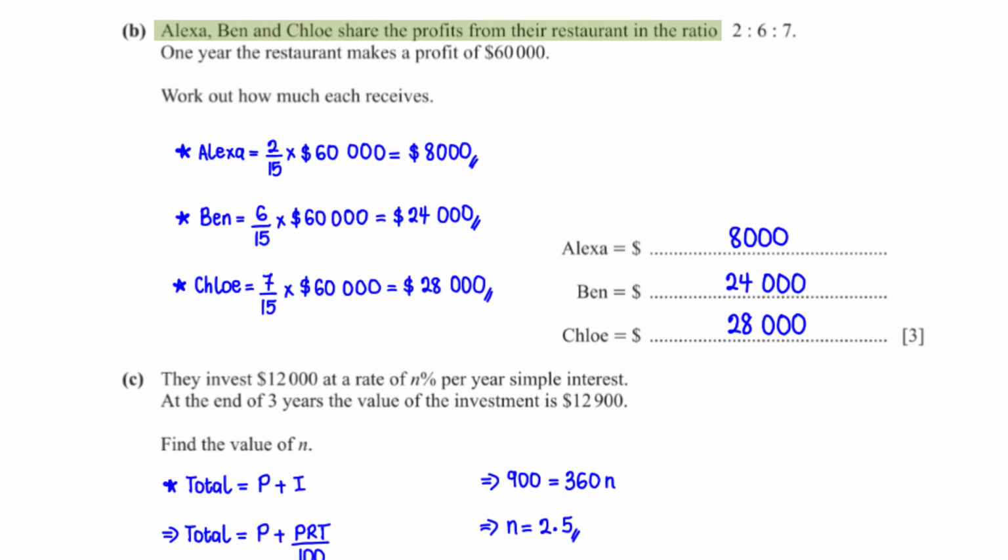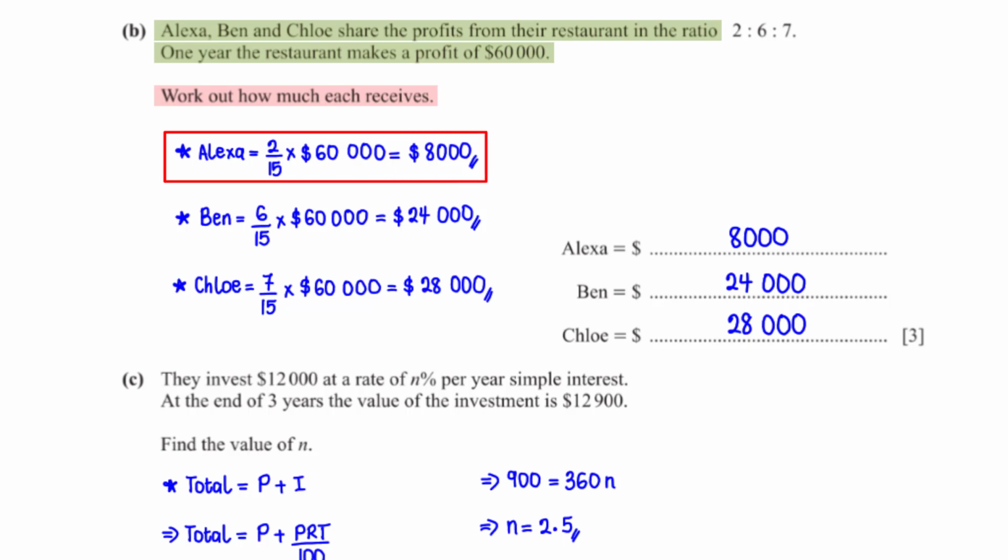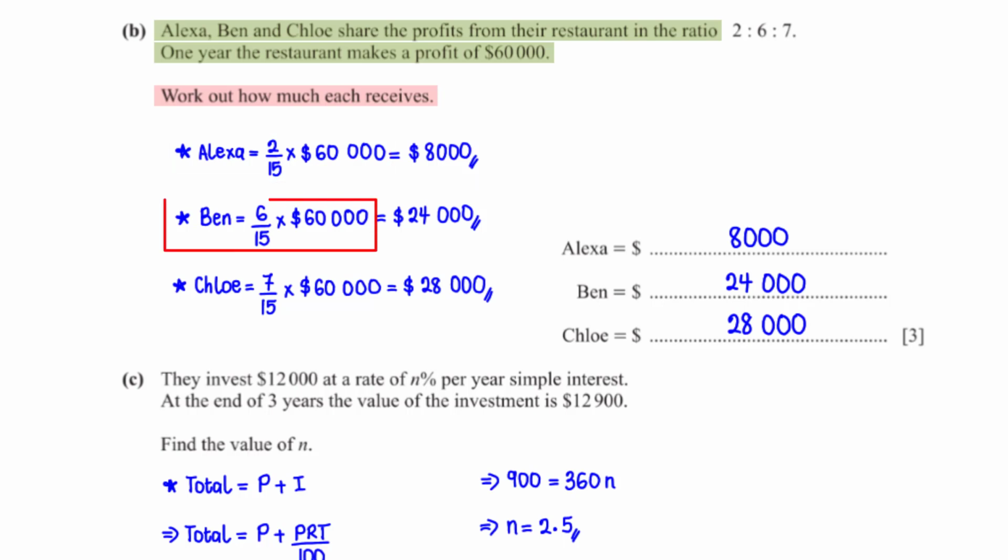Alexa, Ben and Chloe share the profits from their restaurant in the ratio 2:6:7. One year, the restaurant makes a profit of $60,000. Work out how much each receives. The amount Alexa receives is equal to the ratio share for Alexa, which is 2, divided by the total ratio of 2 plus 6 plus 7, which is 15, times $60,000. This gives us $8,000. The amount Ben receives is equal to 6 divided by 15, times $60,000. This gives us